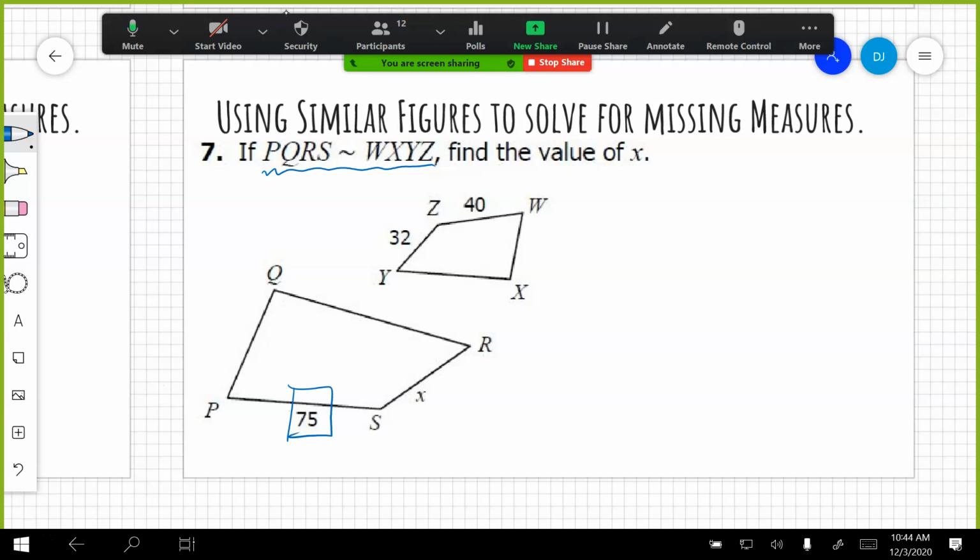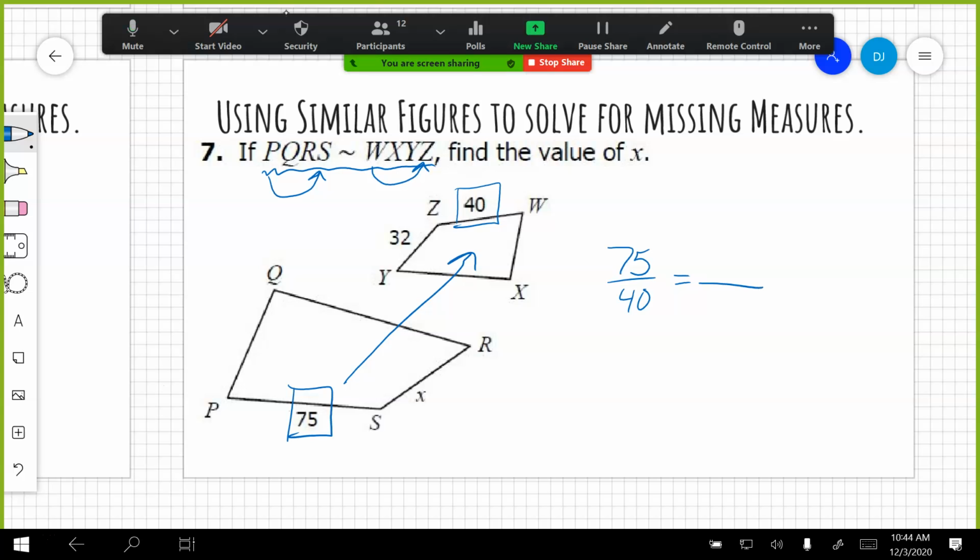If I start off with 75, which is PS, what's corresponding to PS? WZ. Yeah, so if we take a look at WZ, that would be this one. So there's our first ratio, which would be 75 divided by 40 equals,